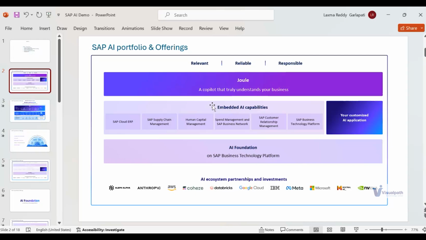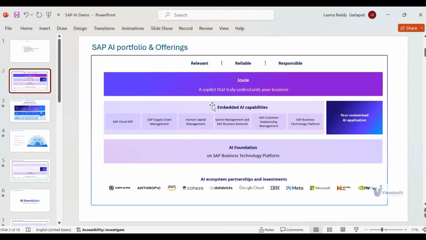Their target, as I said just now, is to enable Joule, a co-pilot, which will understand what the business user wants and respond back with data from inside the SAP system or multiple SAP systems. Maybe let me explain a simple example.